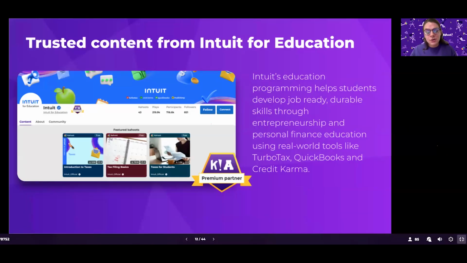Not just specific to Intuit for Education, but with so many other curriculum publishers, content partnerships, and even individual teacher creators, we have millions and millions of resources and tools and materials that are already available on the platform, ready for you to review, ready for you to play, ready for you to share along the way. And really, again, what makes that lesson so engaging is not just the content experience and what you're finding, but of course, how you're delivering it as well.